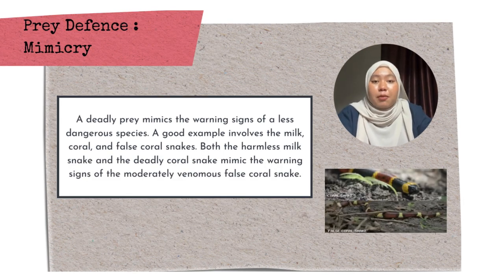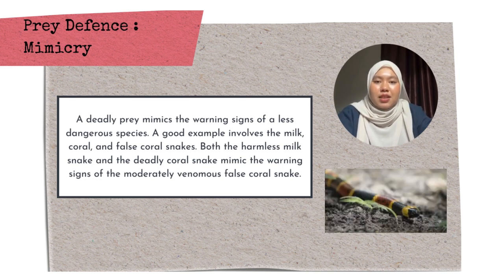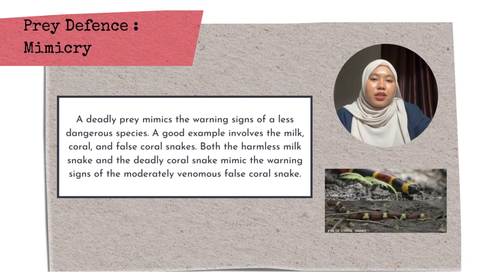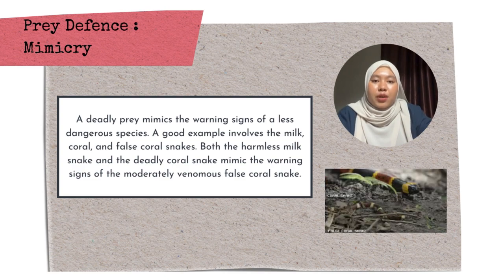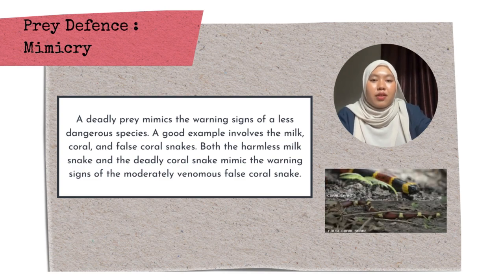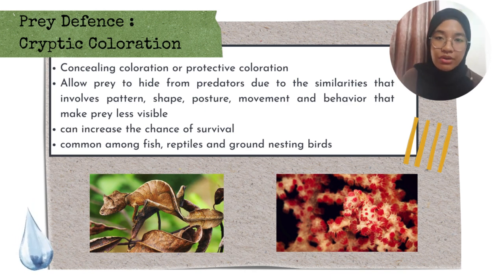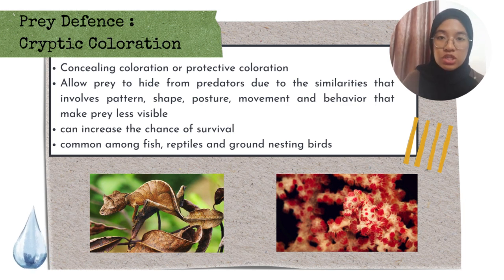In this form of mimicry, a deadly prey mimics the warning signs of a less dangerous species. A good example involves the milk snakes and false coral snakes. Both the harmless milk snakes and the deadly coral snake mimic the warning signs of the moderately venomous false coral snake. Next is cryptic coloration. Concealing coloration or protective coloration will allow prey to hide from predators due to the similarities